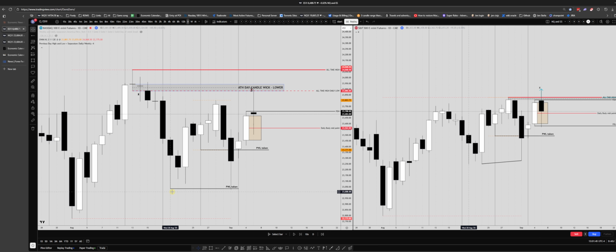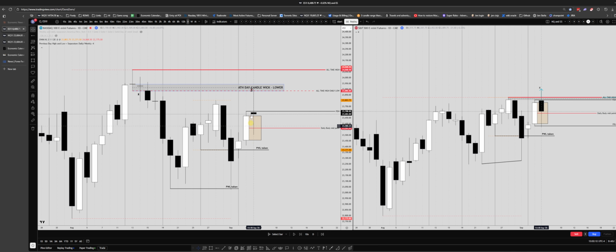What we had was on the Wednesday, this is all the setup for the NFP day coming up. So this is the weekly here. We had the Wednesday, Tuesday and Monday. This is the NFP week. What it did was it took a previous week low here, took another previous week low, which it did not take on ES.